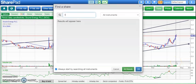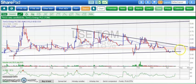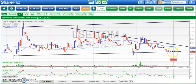Just a couple of stocks to go. Again, another very much followed stock here, coming in the form of TomCo. Here we've got a wide rising trend channel from basically May last year. Good support here, multiple support points here over the recent past at the floor of the channel just below 0.5,